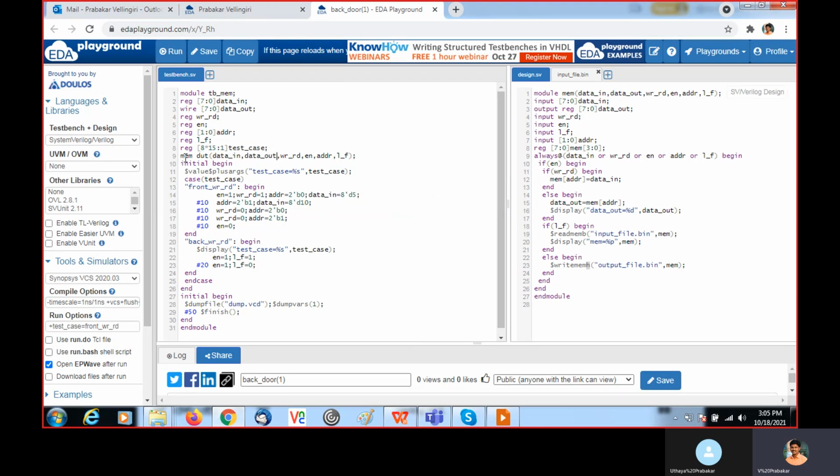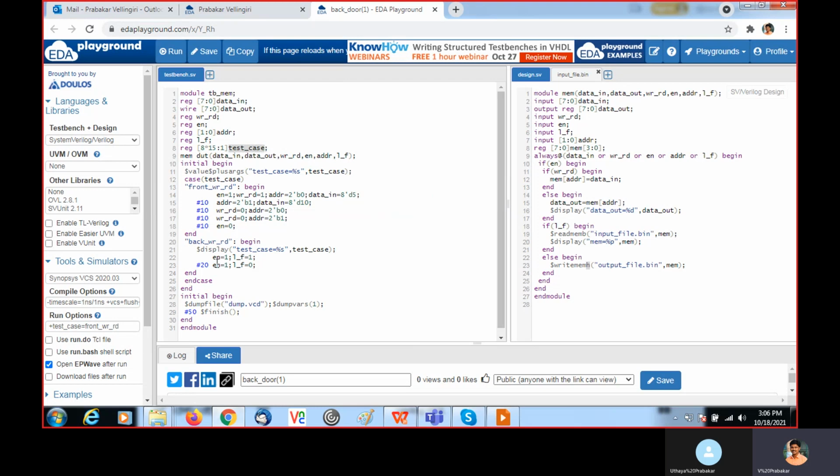Then here I instantiate the DUT and map the ports. Within this initial block, I use the system task $value$plusargs. This will be helpful to receive the test case name from the command line argument. Here I mention +testcase. This testcase is the name I declared here.